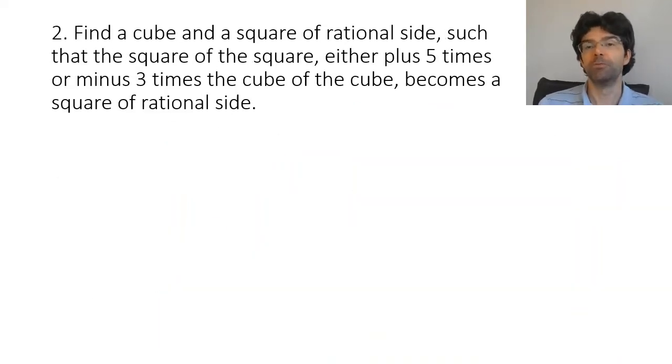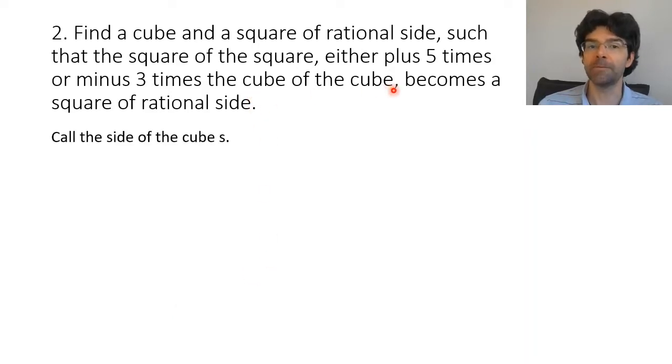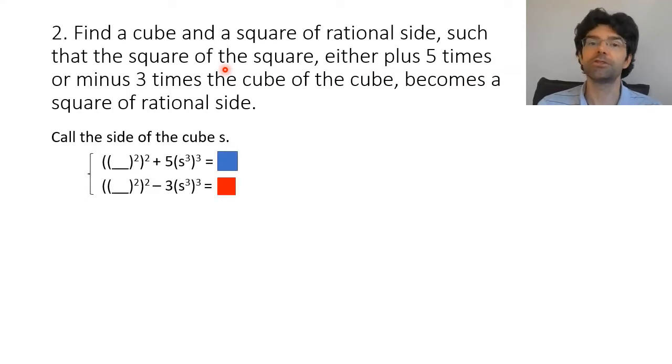Well, here's the next problem, which forms a kind of pair with that last one. We're going to start similarly. We assign s to the side of the cube, so we've got some terms in s to the power 9. And to get towards helpful form, we then set the side of the square to a multiple not of s but of s squared, say 2s squared.